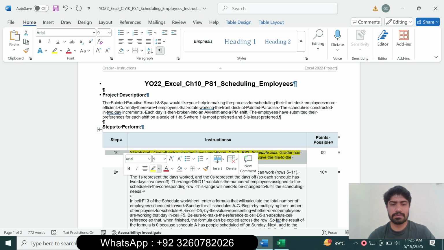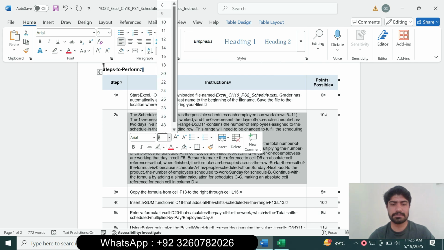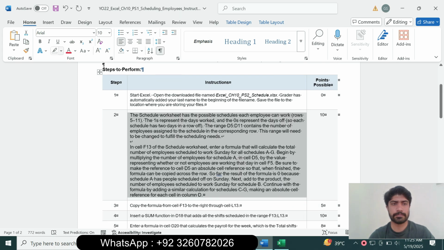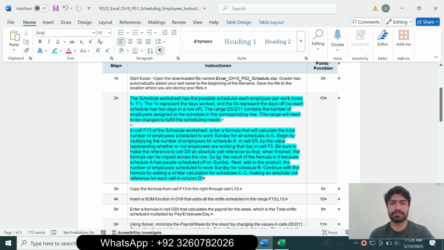We move to question number 2. The Schedule worksheet has the possible schedules each employee can work in rows 5 to 11. The 1 represents a day worked, and the 0 represents a day off. The range D5 to D11 contains the number of employees assigned to the corresponding row. This range will need to be changed to fulfill scheduling needs. In cell F13 of the Schedule worksheet,